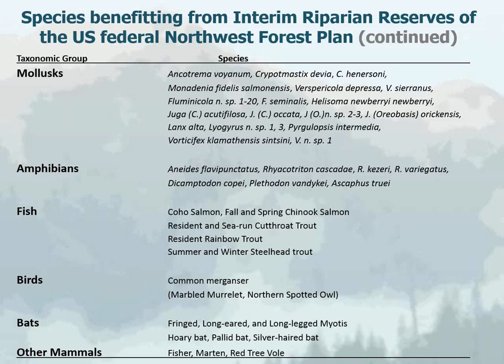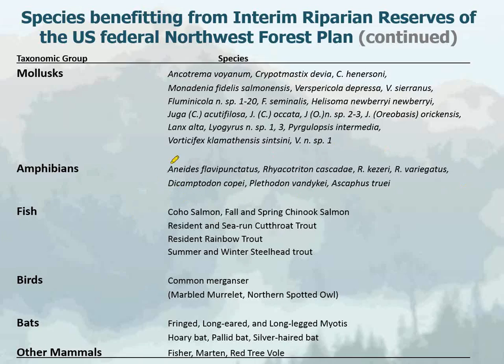On the next slide, mollusks, amphibians, fish, birds, bats, other mammals. So the list is not overwhelming, but it's still over 100. And again, these are just the species of concern. I'm going to talk, when we get to some lessons learned today, about some of the amphibians